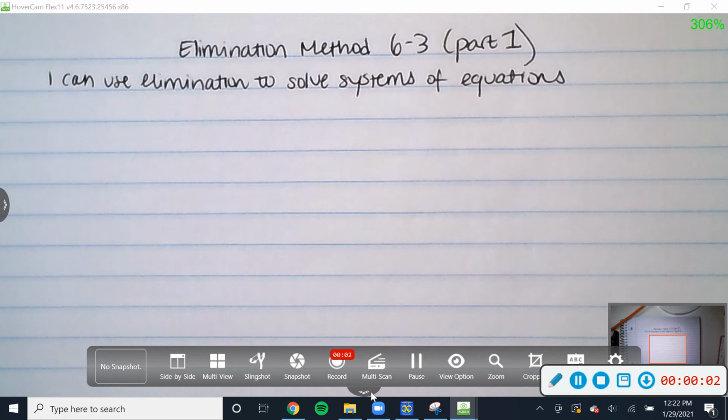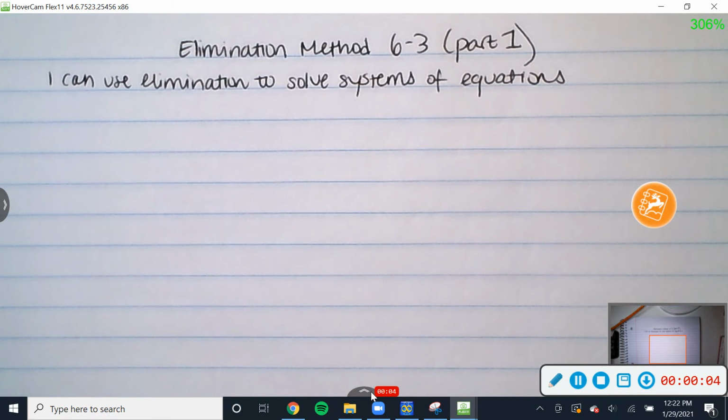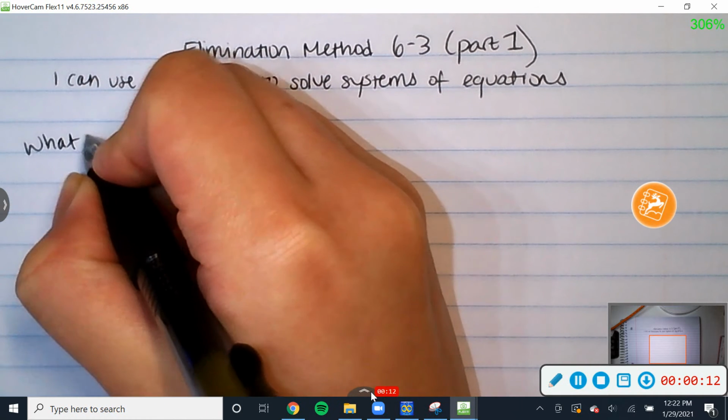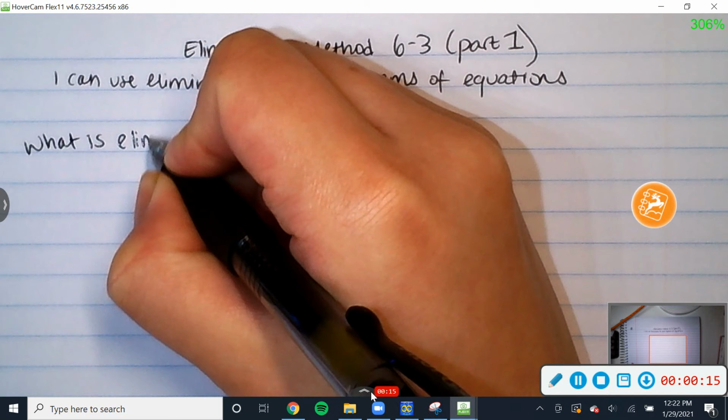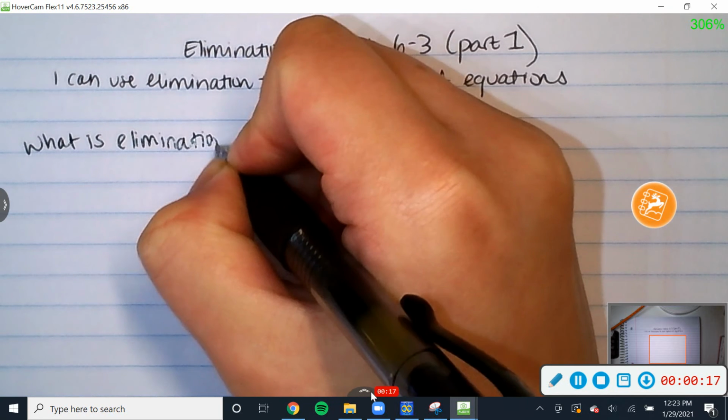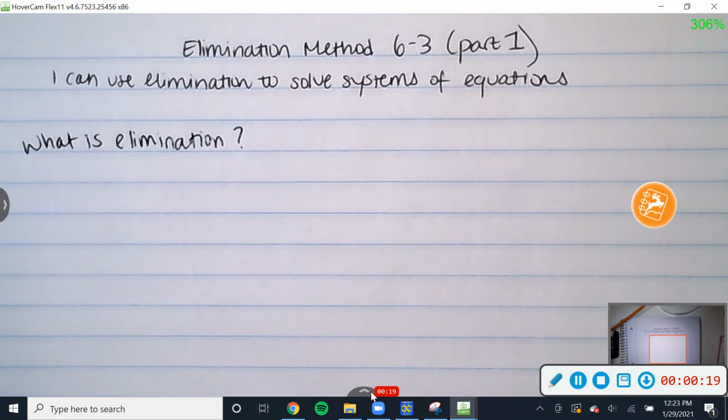So this video is going to be part one of the elimination method to solve systems of equations. The first thing that we're going to talk about is just what is the elimination method. I'm going to write down the definition here and you can pause and